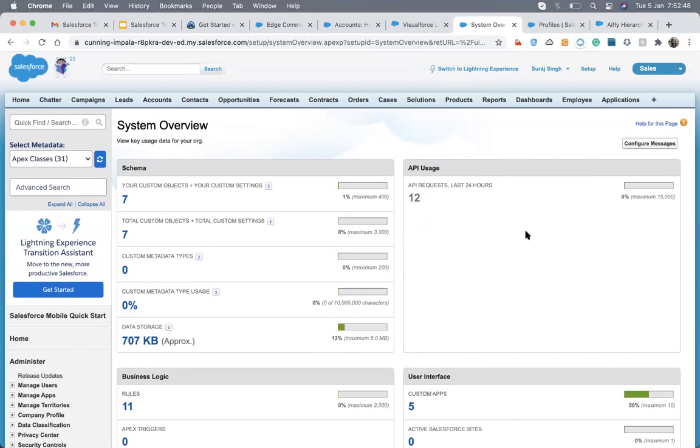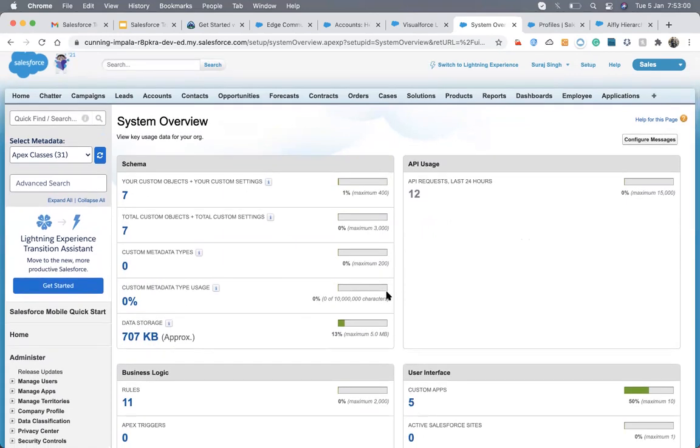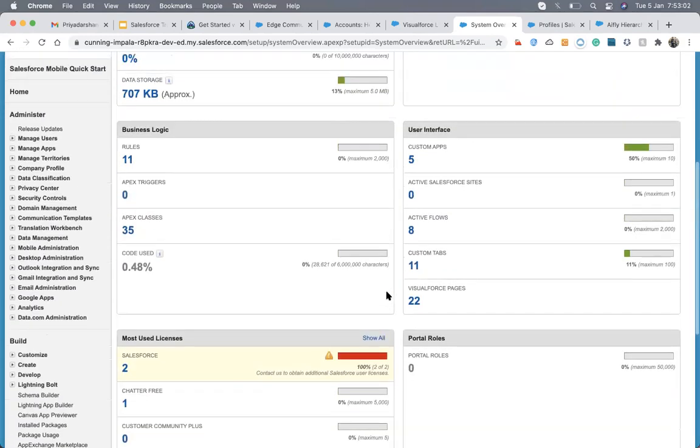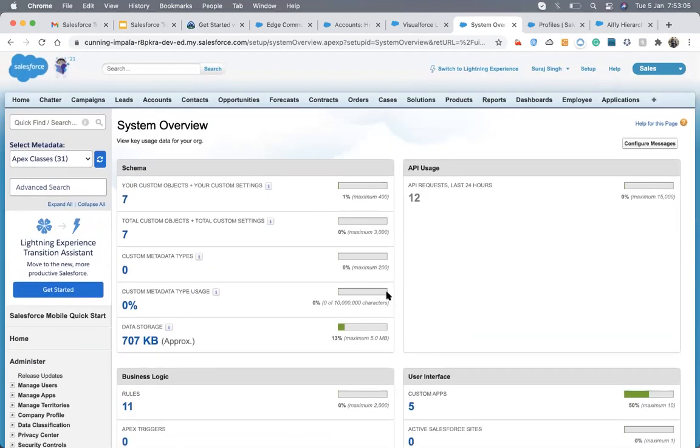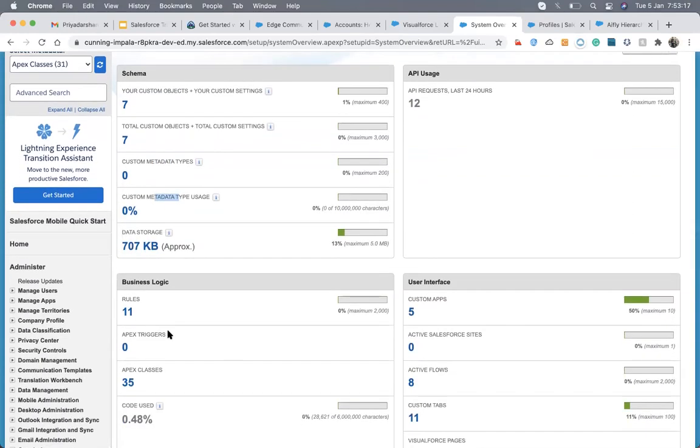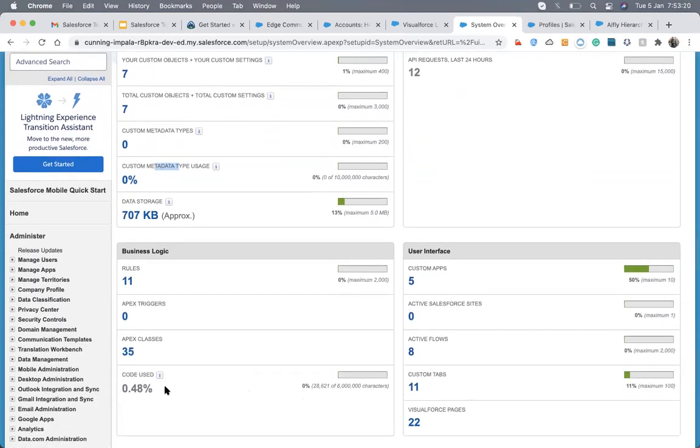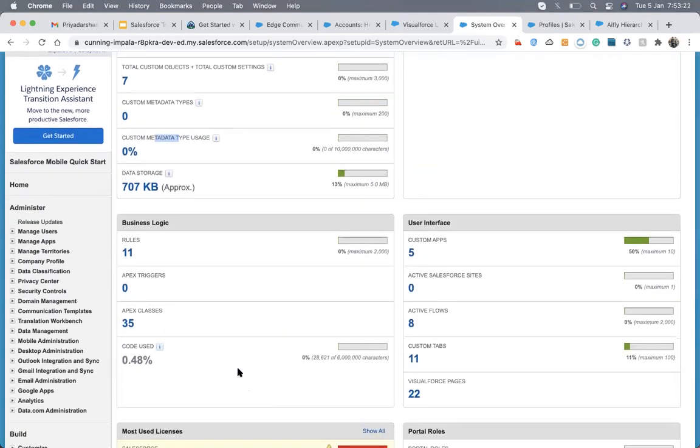Any questions? System overview is used to view all the objects that we are creating, it is an overview of what we are seeing and working on. For example, the custom objects and custom settings, total custom objects, custom metadata types and usage, data storage, rules, Apex triggers, Apex classes, and how much code I have created.